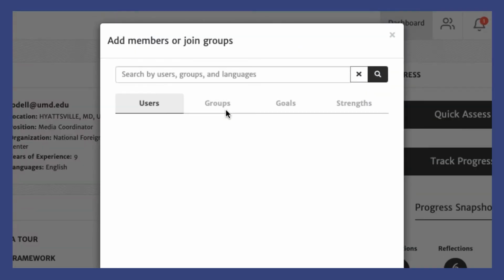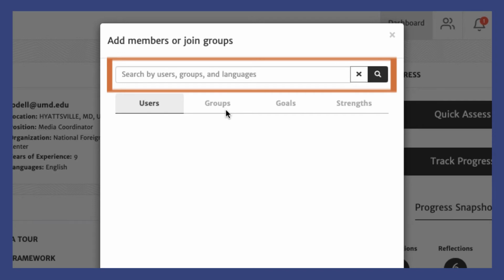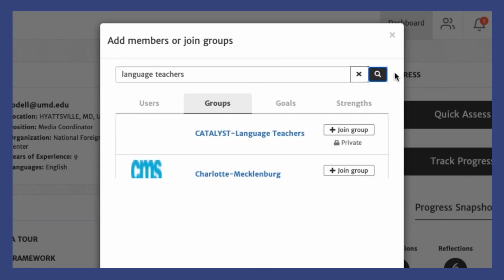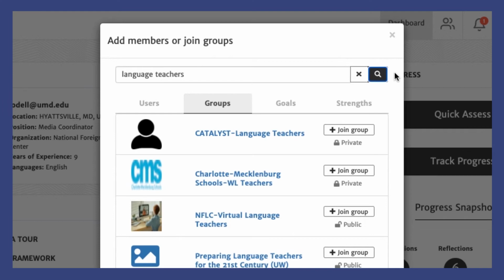This will bring up a search window where you can search by users, existing groups, or languages. Search results are sorted into 4 tabs: Users, Groups, Goals, or Strengths. By clicking Groups after entering one or more search terms, you will be able to explore and join groups with one or more criteria that interest you: the language they teach, the grade they teach, their professional goals and interests,